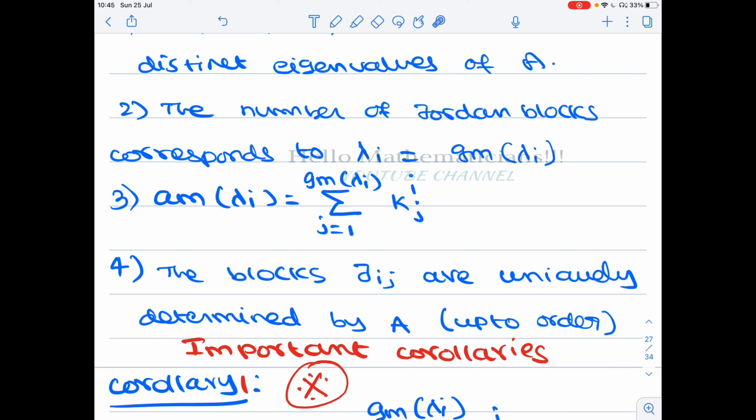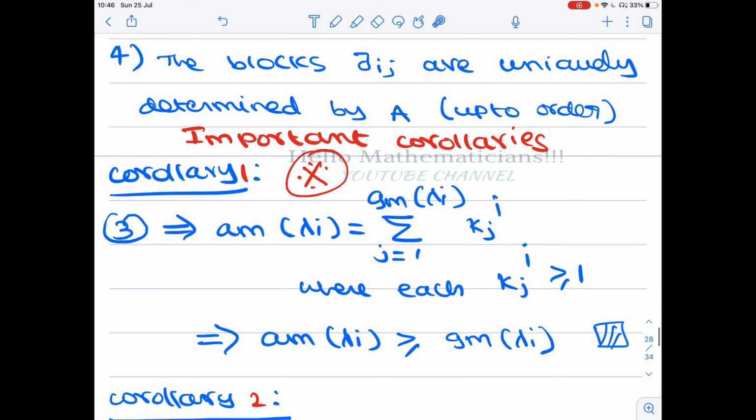Okay, so you can see that there may not be many problems related to Jordan canonical form, but that is not the point. There are many problems related to diagonalizable matrices. All those problems can be solved using our knowledge of Jordan canonical forms. Okay, so let's continue. The corollary is very important.